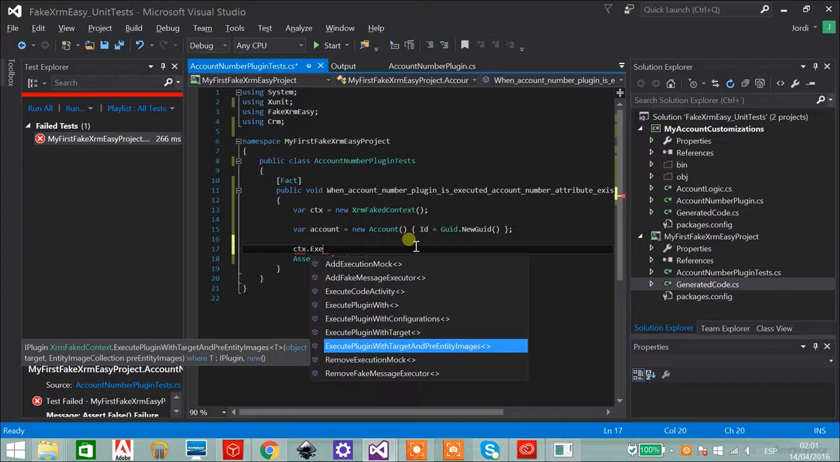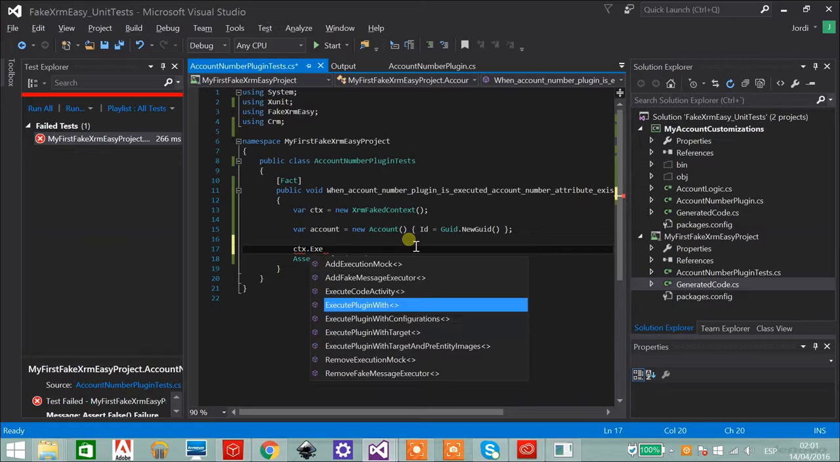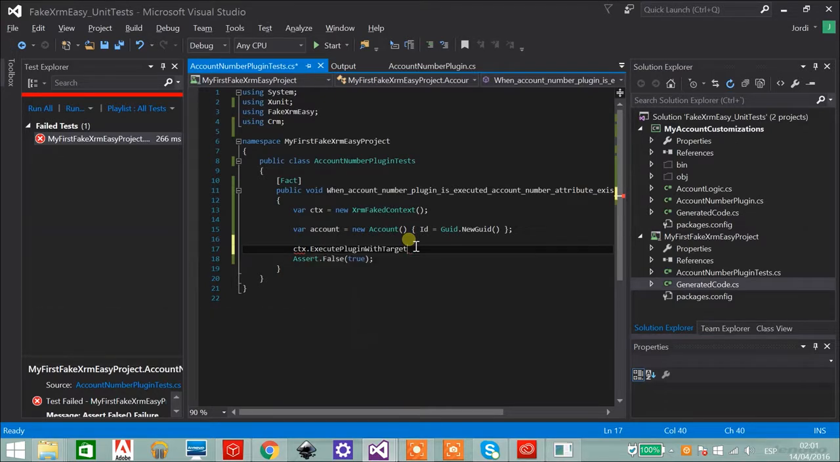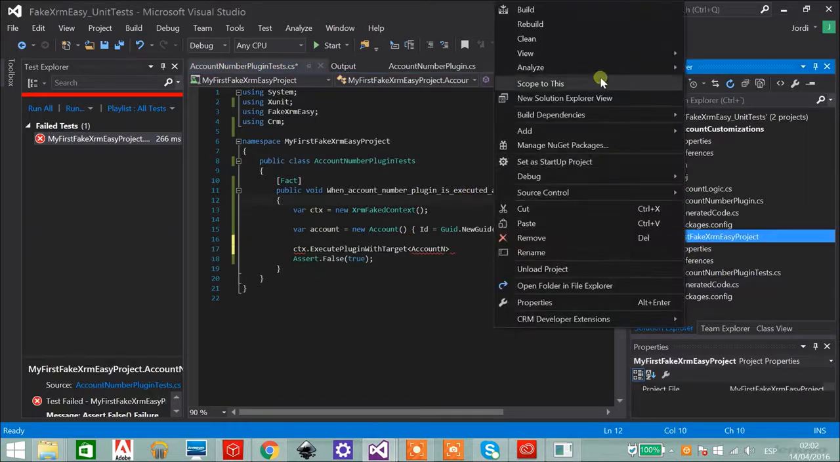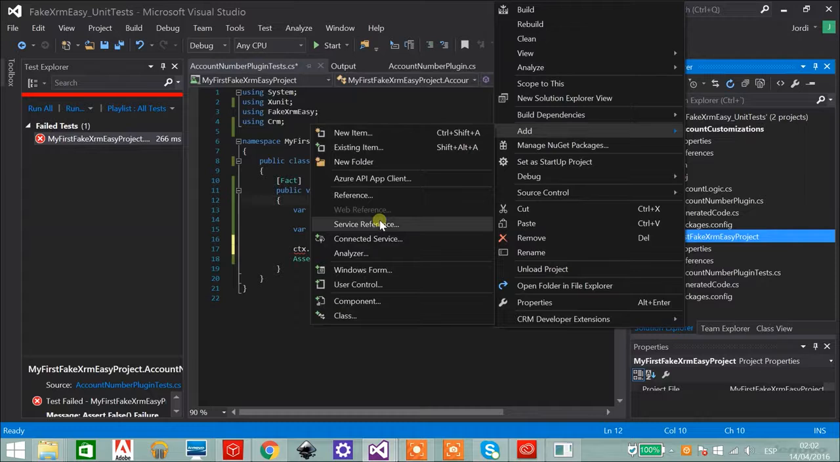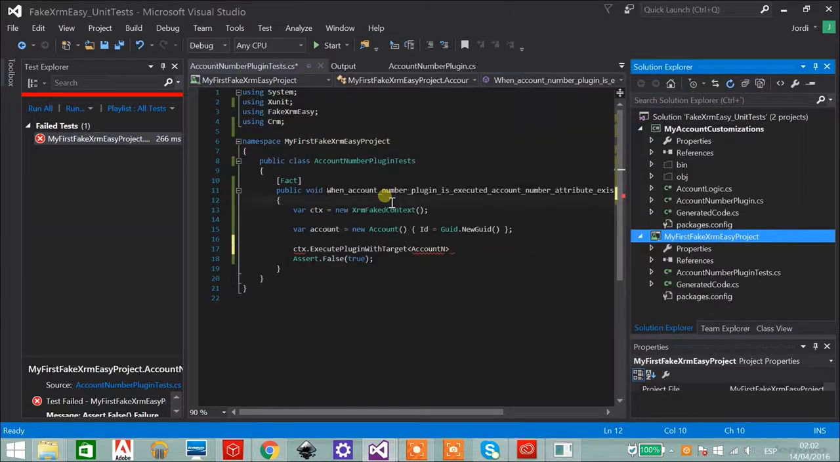Obviously, if the plugin code needs to check some properties, like for example, the context or the stage or anything else, we can just inject them using a special class, but that will be for another video because in this case we just need to run the plugin. So I'm going to do that with ExecutePluginWith target, and I want to execute the account number plugin. And actually I forgot to add a reference to the class I want to test. So I'm going to add that now,